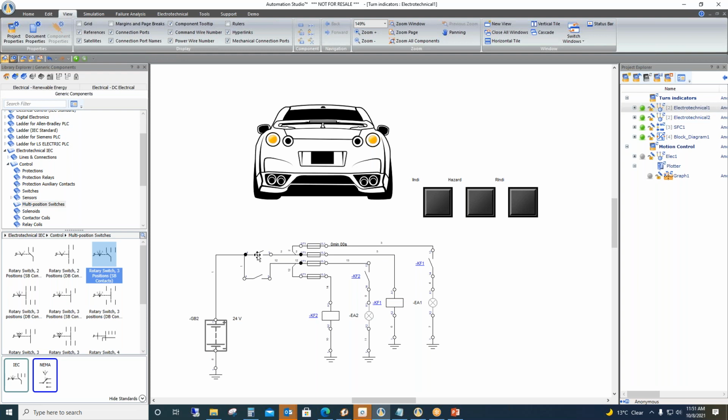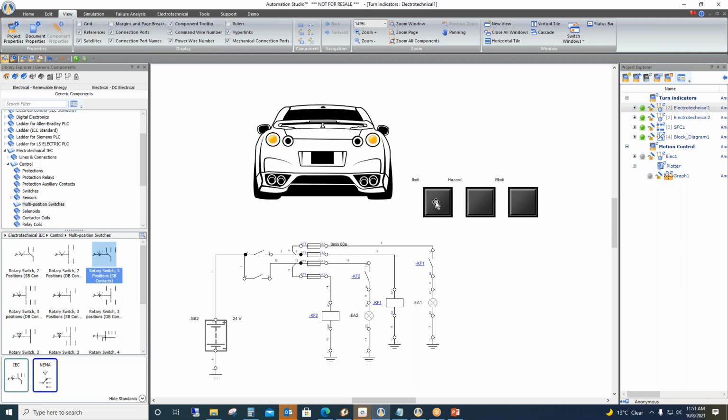Instead of one multi-position switch, we have taken two contacts, contact 1 and contact 2. Contact 1 will be controlling the right indicator, contact 2 the left indicator, and both closed together will do the hazard blinking.